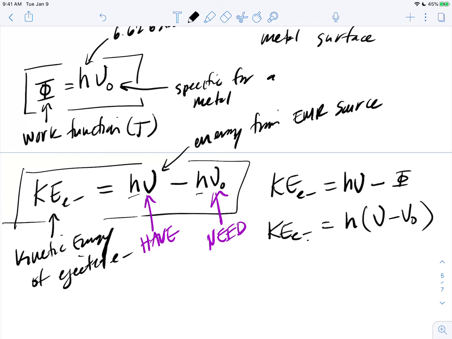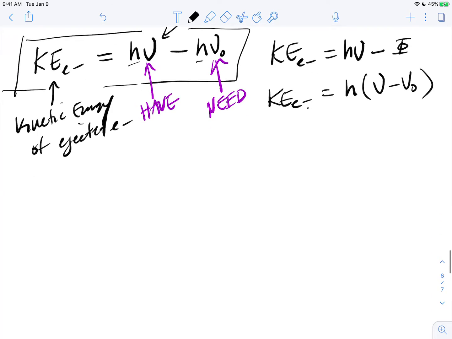Again, a couple different ways to look at it, but the whole idea is that the work function is an energy barrier to eject an electron. Any additional energy goes to the kinetic energy of the electron. We saw that in the simulation. But the resulting theory, which is very important, that came out of this